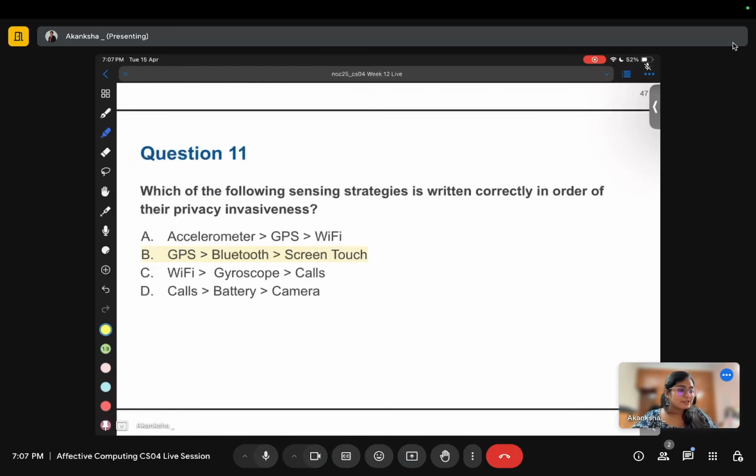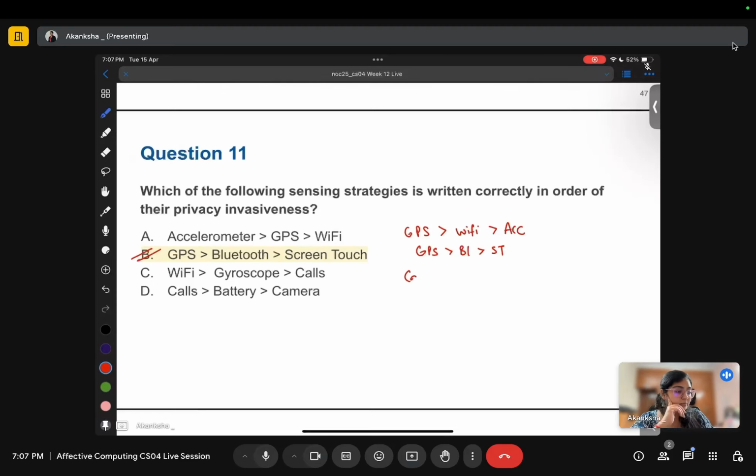No. GPS, what would be the correct order? So GPS is the most invasive, then comes Wi-Fi, then comes accelerometer. Second is GPS, Bluetooth, screen touch. So yes, GPS is the most invasive, Bluetooth is moderately invasive, and then screen touch, so this is the correct option. Then Wi-Fi, gyroscope, and calls.